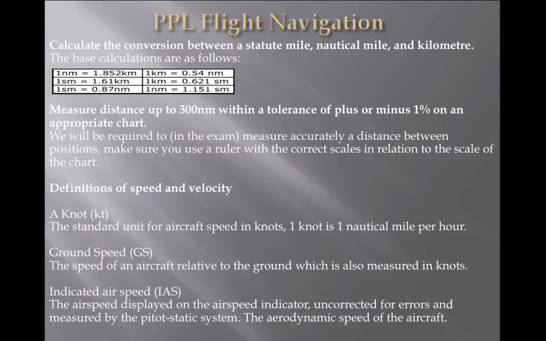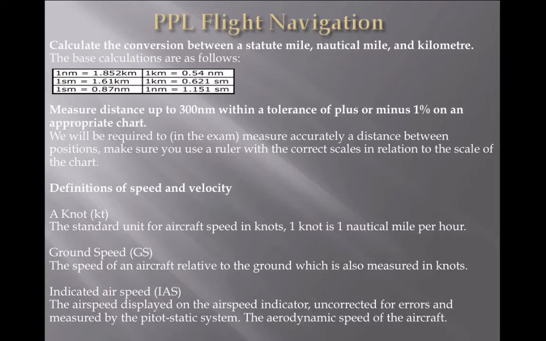In order for us to be able to calculate conversions between statute, nautical and kilometers, we can use the E6B or the flight computer, whichever one you have. But so that you can sanity check your answers, it's good to have a rough understanding that, for example, 1 nautical mile equals 1.852 kilometers. 1 kilometre, about half a nautical mile. 1 statute mile is 1.5 kilometres. 1 kilometre is, again, 0.621 of a statute mile. And 1 statute mile is 0.87 nautical miles. So it's just good to have that so that we can sanity check our answers when we're asked to do